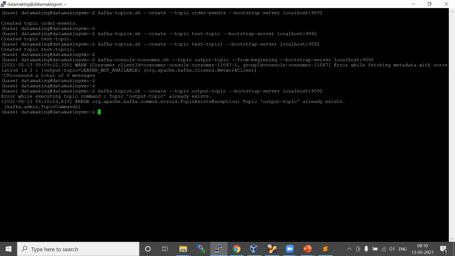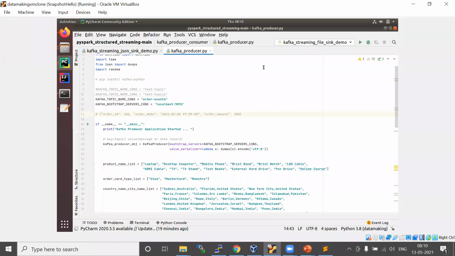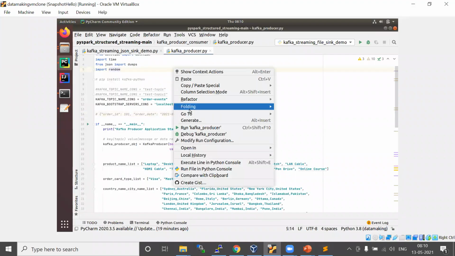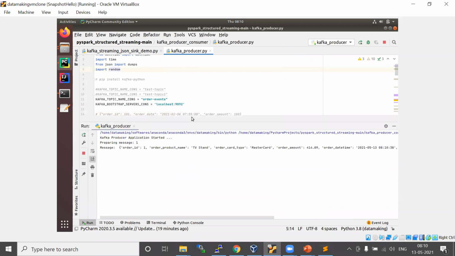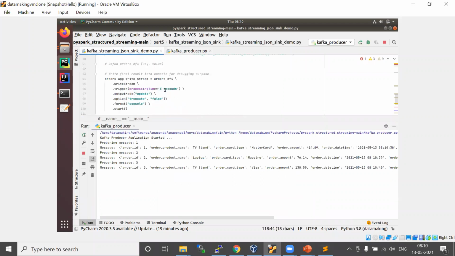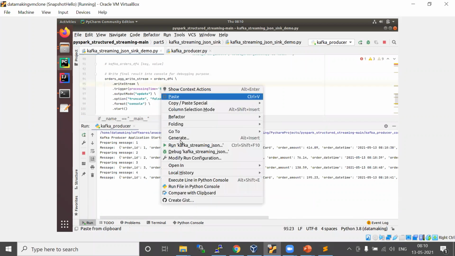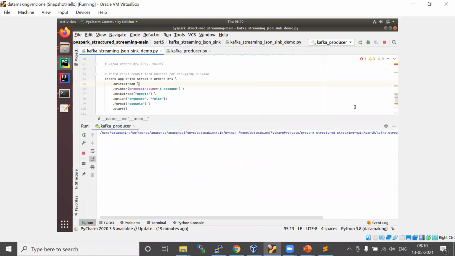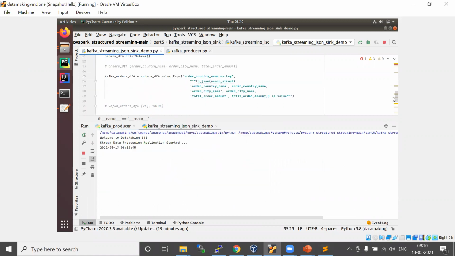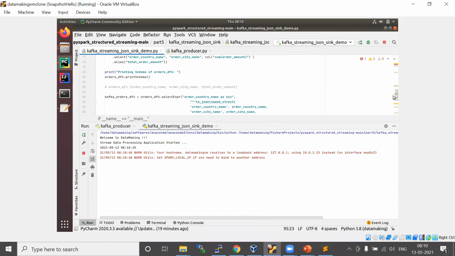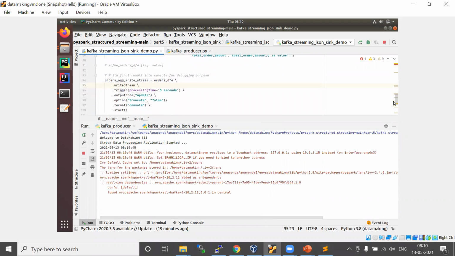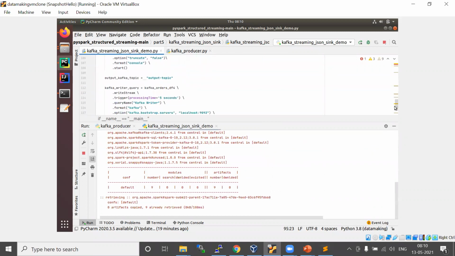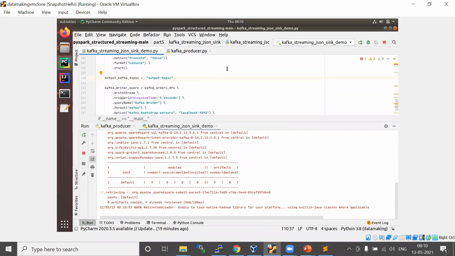Okay, it's already there. Let me run this. This is the order events getting published. And let's run this program to publish to the output topic, right?